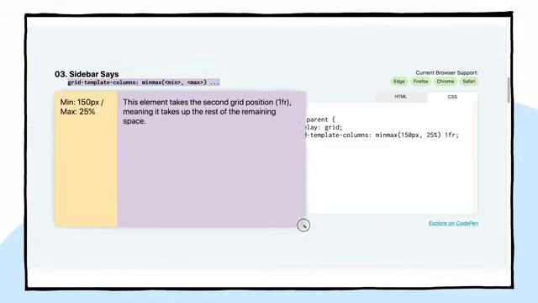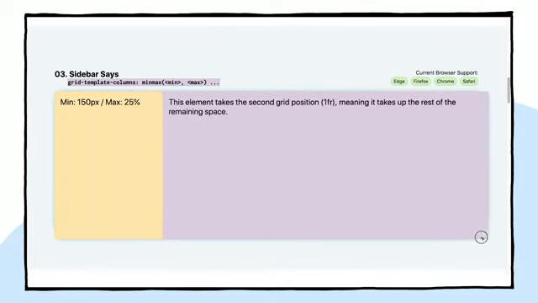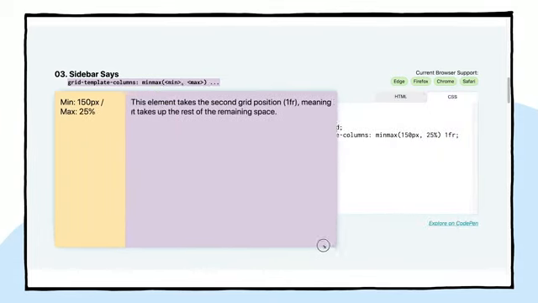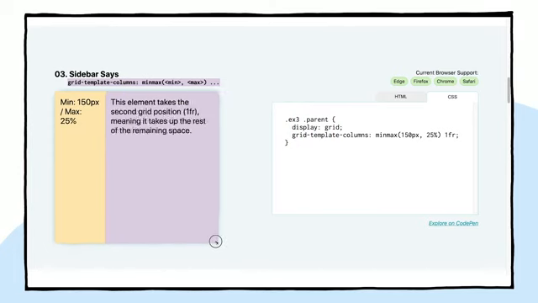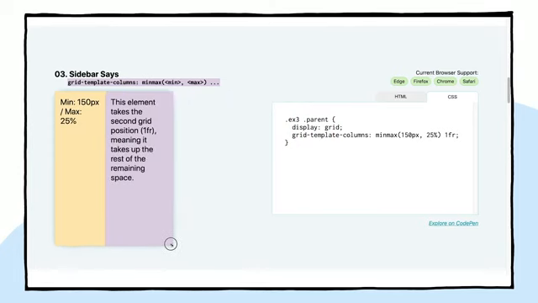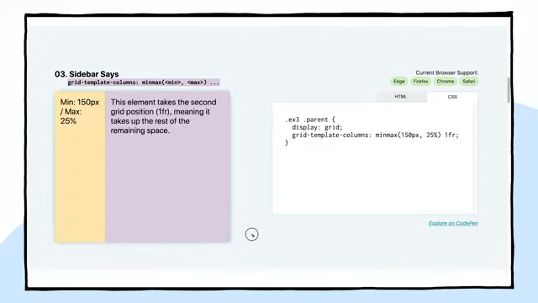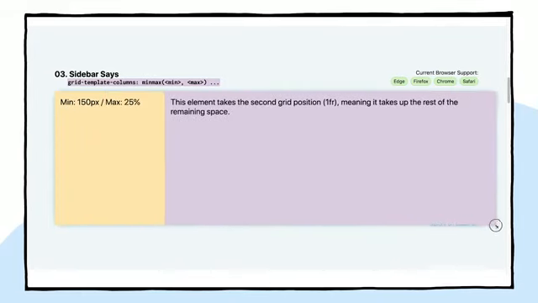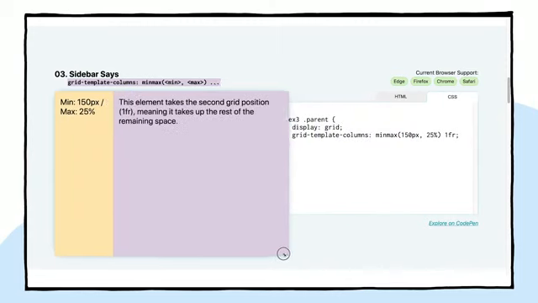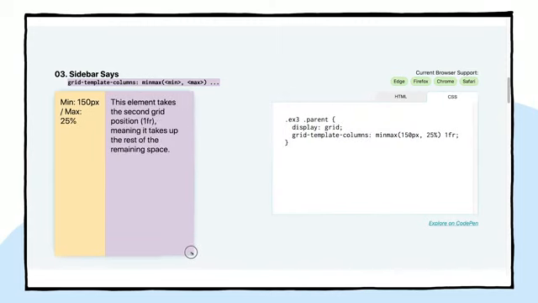But what this is doing is essentially, as we are increasing the size of the viewport, it's going to be taking that 25% size, that max size. And as we decrease it, it hits this point where it's 150 pixels and where 25% is smaller than 150 pixels. So it's going to clamp it at that minimum size. So it's going to be increasing when it can take up that viewport space. But if we have content in here that we don't want squeezed, or we want it to stop being 25% and at a minimum be 150 pixels, or whatever value we set here, then that is exactly what minmax is